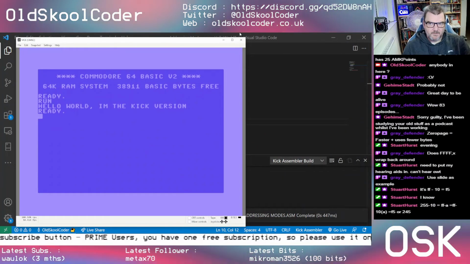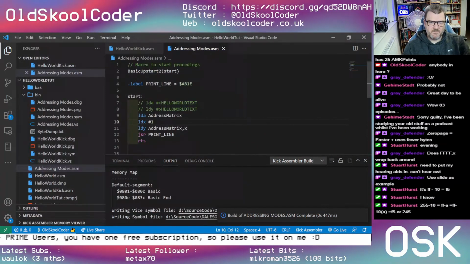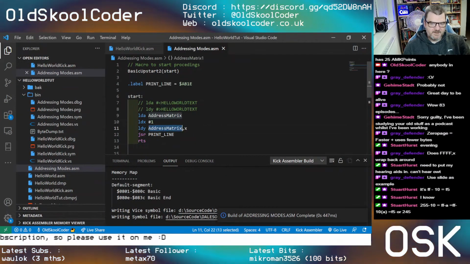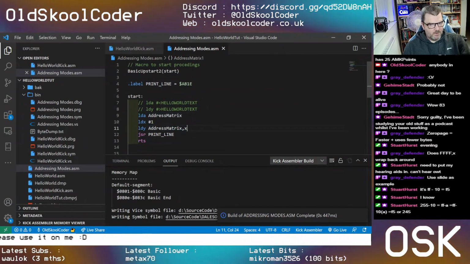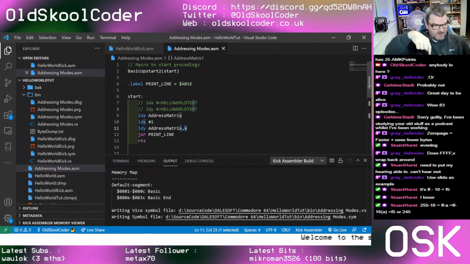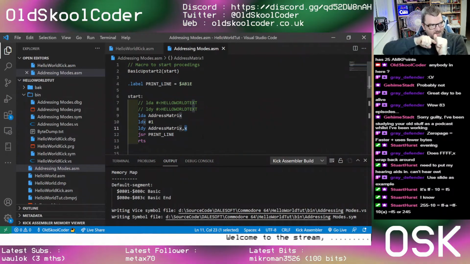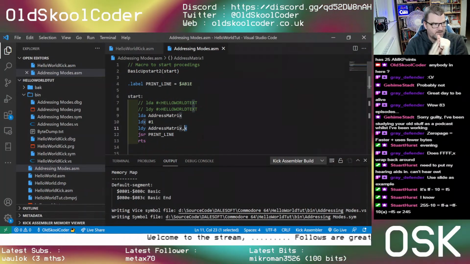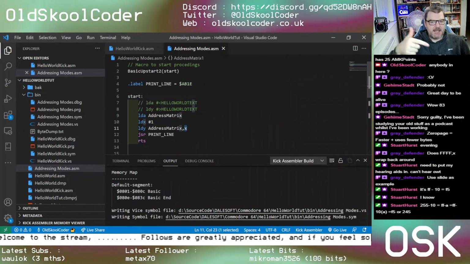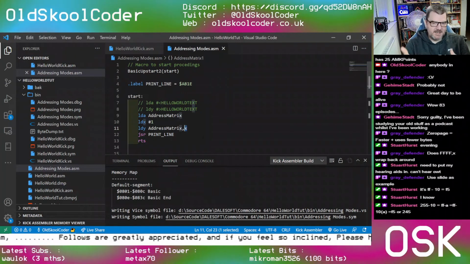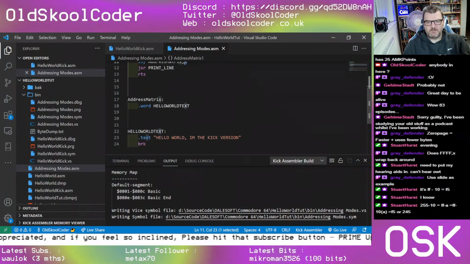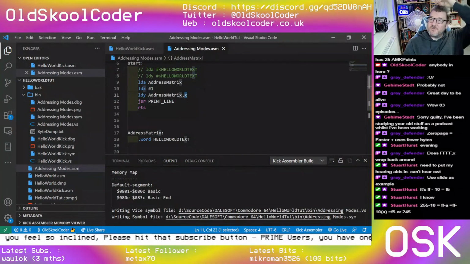Yes, we do. And that's because we have told the CPU to load the Y register with whatever's in this base address plus X. Not what the value is in the base address and then add X to it, but what the base address is and then add however many X there is. So in this case, it's 1. And that's what you call indexed addressing. So that's indexed addressing in absolute mode. Now, to do indexed